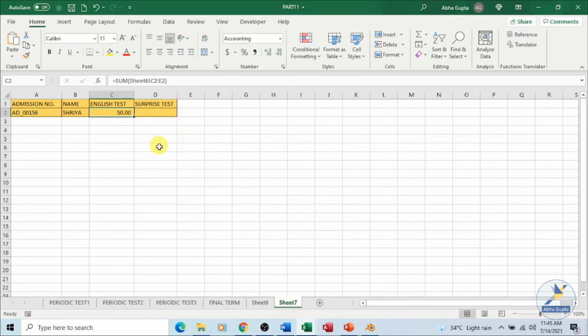Now this was all about where our data is present on different sheets, worksheets in the same workbook. Now take a scenario where your data is present on a different workbook altogether. The workbook is different, so there also we can make use of the references and take up the data and do the calculation. Let's see that as well. We have another column over here. I have a different workbook where the surprise test marks are being stored, and I want to refer to it in this particular cell for the purpose of calculation.